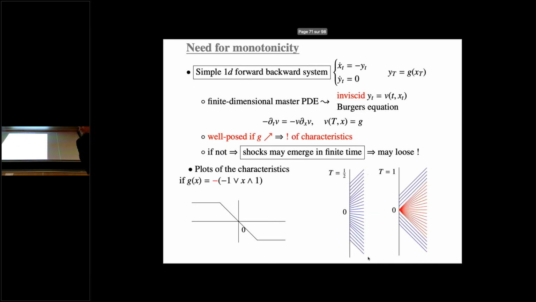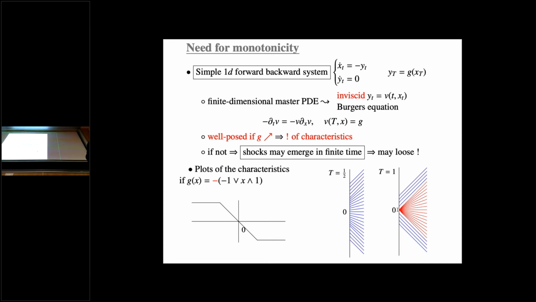Now you reverse the shape of the initial profile. This is what I'm doing on the left. When t is equal to 1/2, a small time, this is fine. I have uniqueness of characteristics. But if I increase t, here I have a blow up, a singularity. At initial time 0, I have many characteristics. This is typical. I have plenty of characteristics.